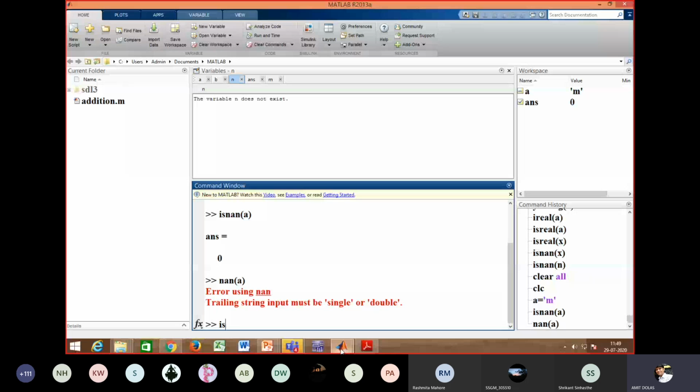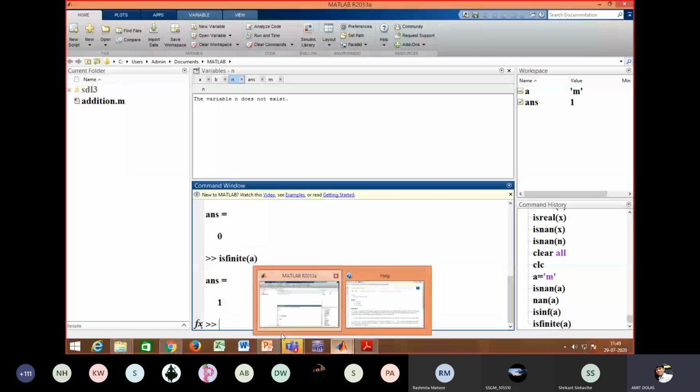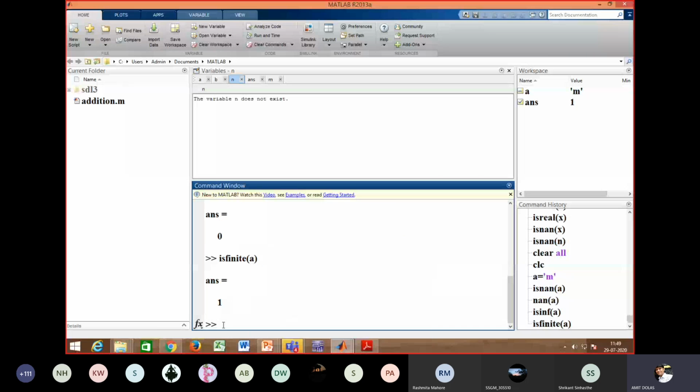Isinf a, let's see what happened. 0. Then I will say isfinite a. Yes, it has a finite value. And if I write another variable, say b is equal to infinity, I assign b equal to infinity, and just do that for b. Is b a finite value?